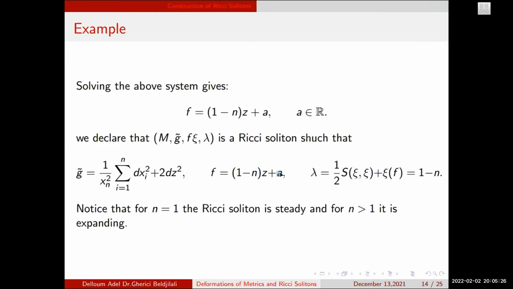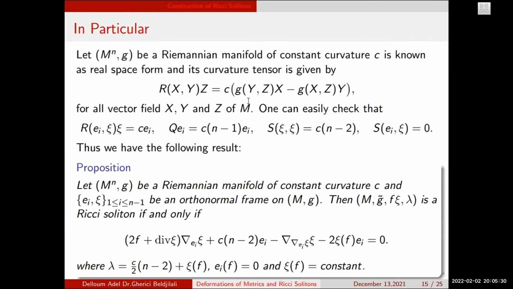are known as real space forms, and its curvature tensor is given by this relation. So using contraction, we can compute each component needed for our work, and we give the following basically as